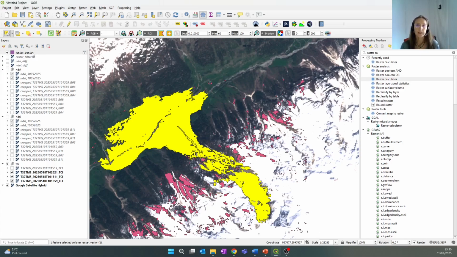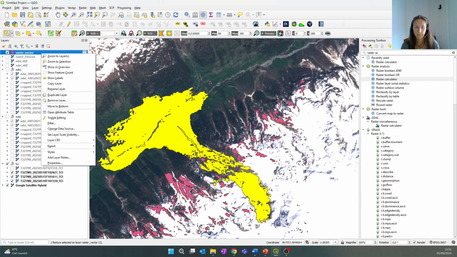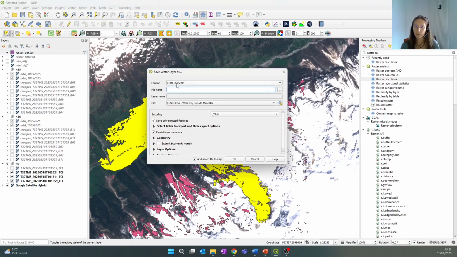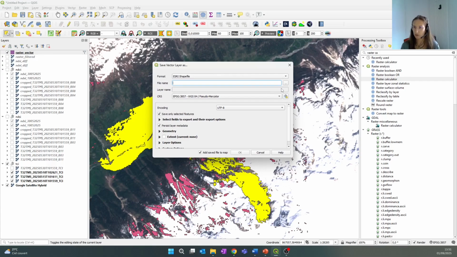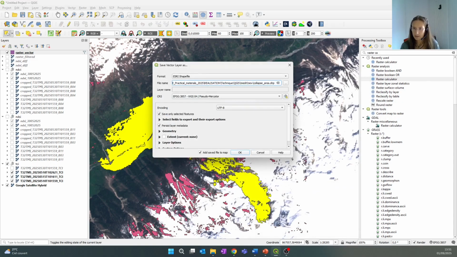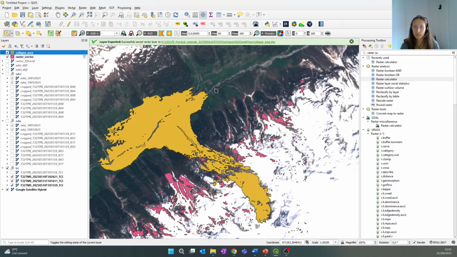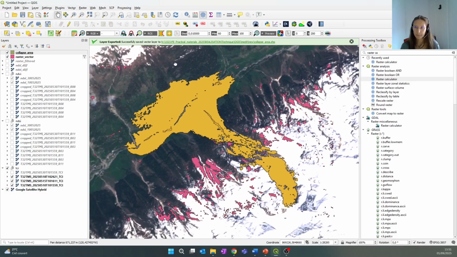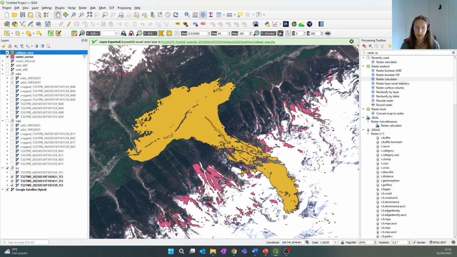For that we select the feature, and we right click again on our raster vector layer, and we go to Export and Save Selected Features As. It proposes the format as shapefile by default, which is what we need. Then we browse, we choose, and let's call it collapse area, because that's what it is, right? We save it, we click OK, and we see that there's a new